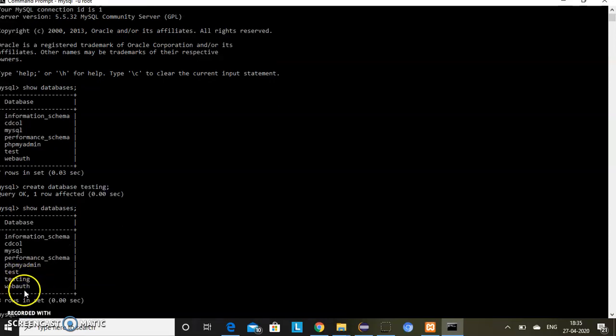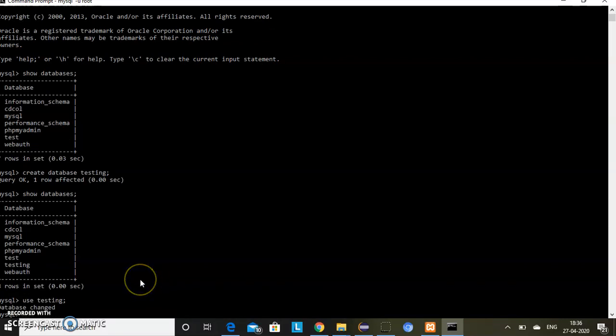Now we need to move to our database. Give the command use testing, semicolon, and you will see the database changes and we have moved inside testing.